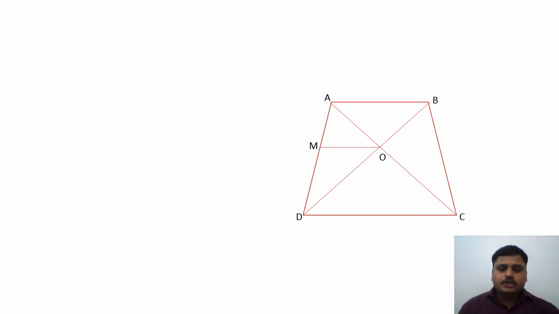question, you all can see the same figure, but this question number 10 is just the converse of question number 9. In question number 9, it was given that ABCD is a trapezium and we needed to show that the diagonals intersect each other at point O, then they divide each other in the same ratio.